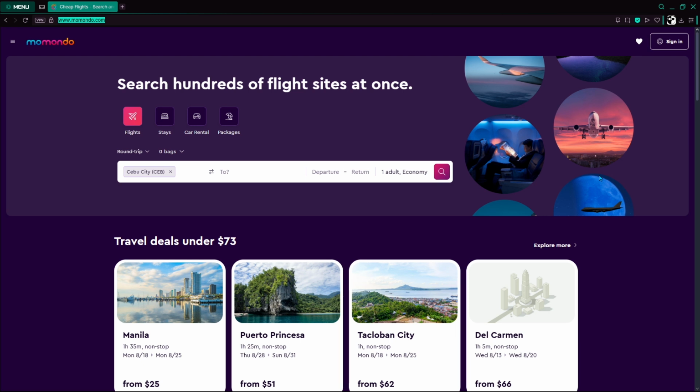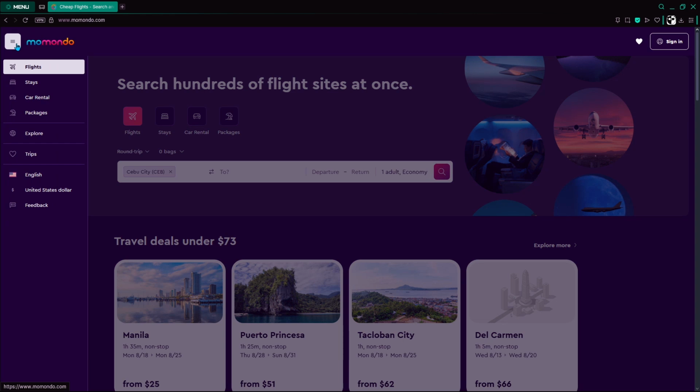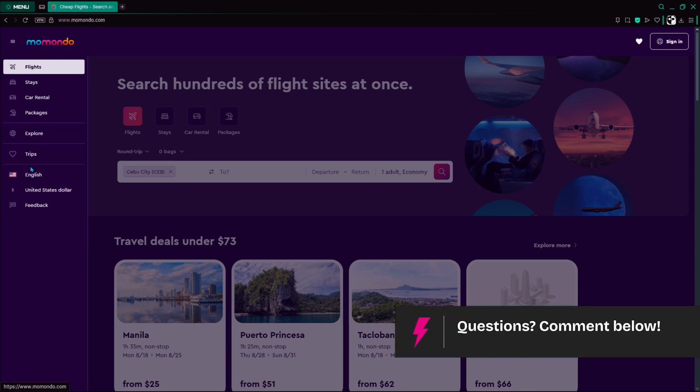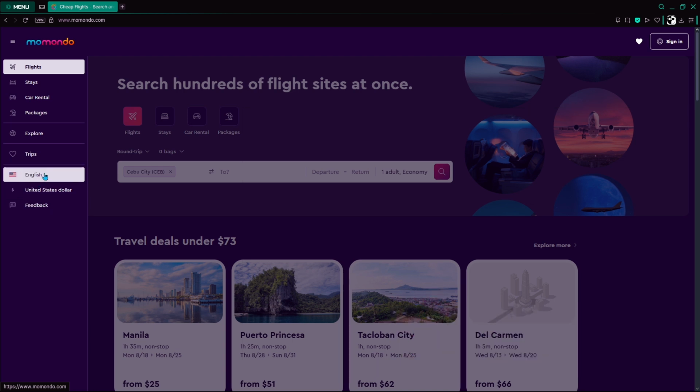To change the currency, look to the top left corner of the page and you'll see the three lines that indicate the menu. Click on it and it will open up a sidebar. On the sidebar, you'll see a couple of options, but what we're mainly looking for is at the bottom part of the sidebar. Just directly below the language selector and right above feedback, you can see United States dollar, which